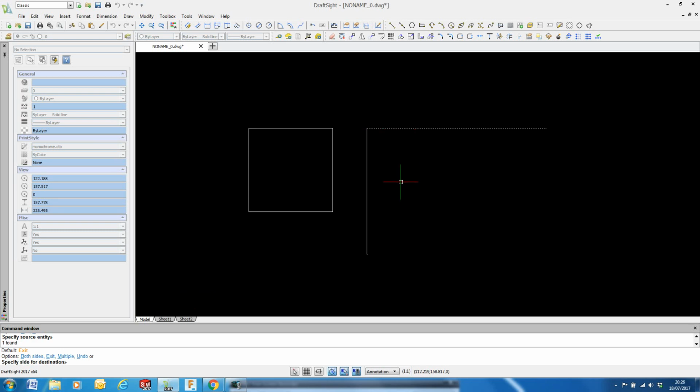I want to offset that one by 50, and now the system is asking me, always check the command window, for a side. Do I want the new offset to be this side or this side, above or below? In this case I want below. I can select another source entity, or I can exit. If I've got multiple 50mm offsets, I can just keep clicking and offsetting multiple items, all one at a time. So I can select this line and offset this side, and you can see my square,